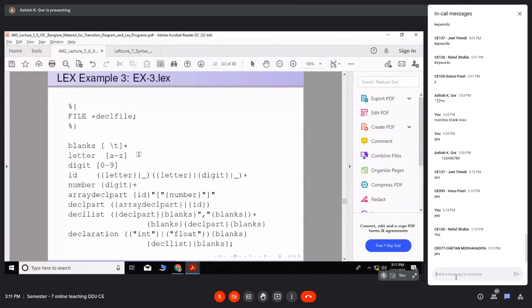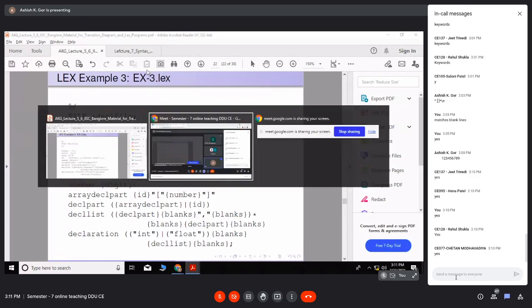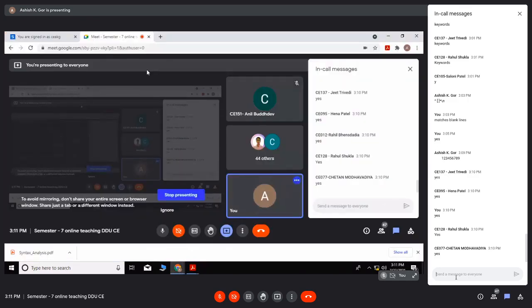Now you see, this is a third example. What is my purpose here? My purpose is that Lex programs could be simple as well as very technical also. So here are a few examples of technical things, like array declaration.